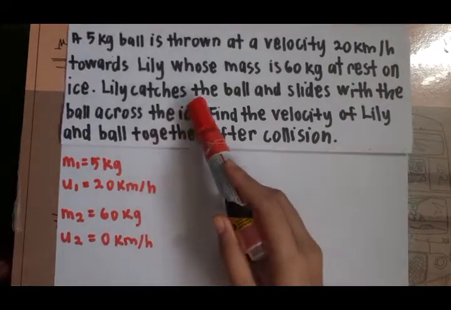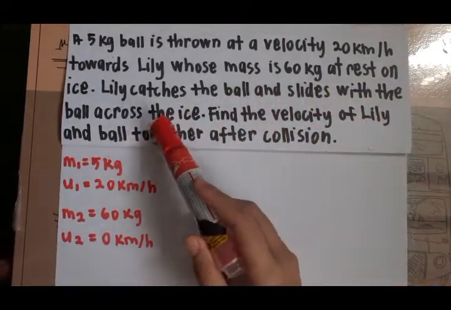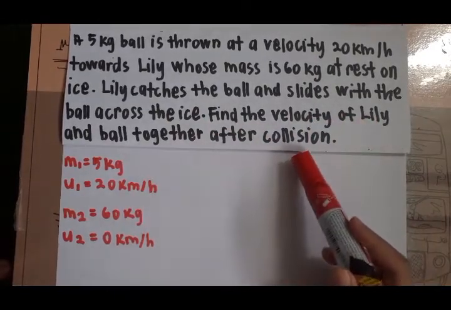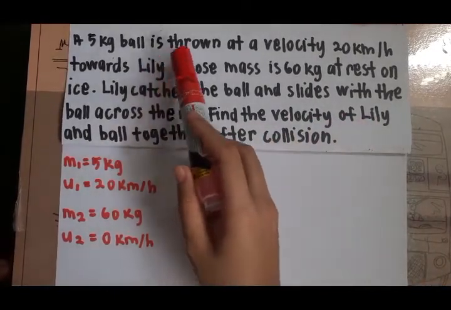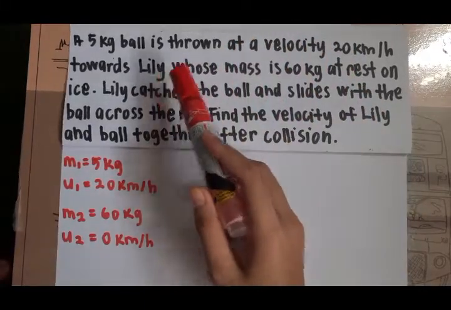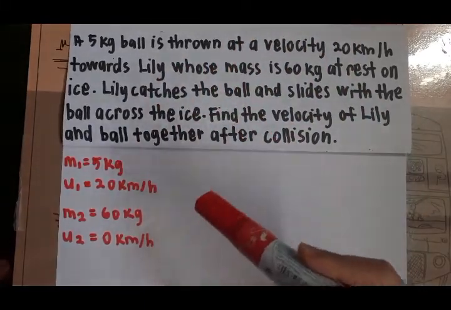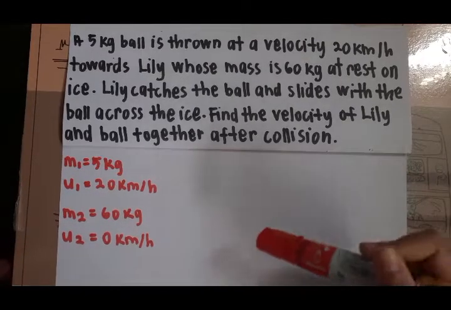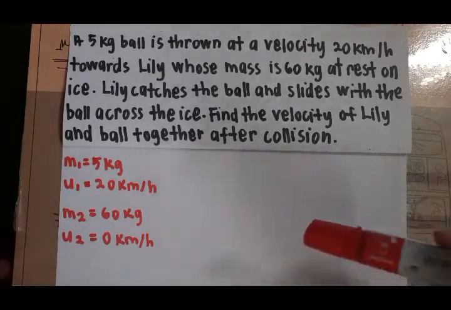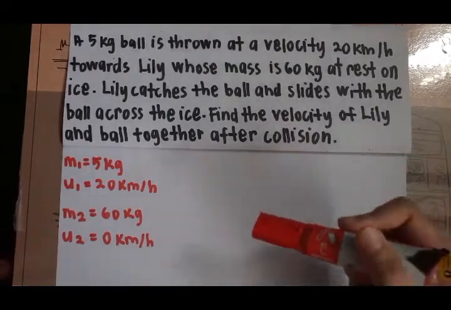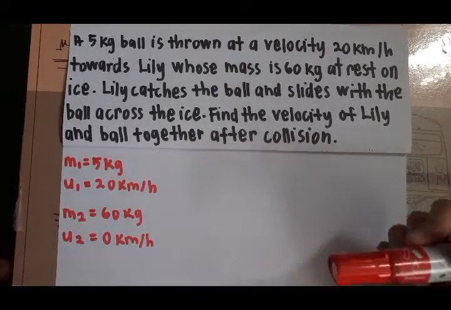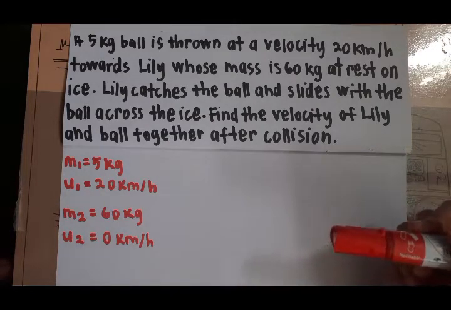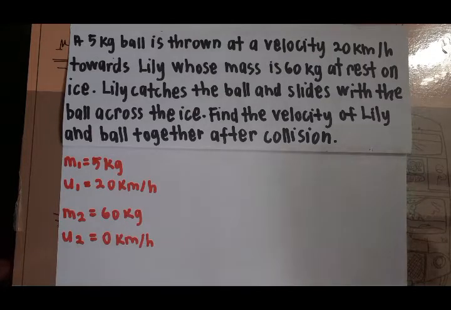So Lily catches the ball and slides with the ball across the ice. Find the velocity of Lily and ball together after collision. So it means that the ball is thrown towards Lily and then Lily catches the ball and moves together with the ball. So Lily sticks together with the ball after the collision. If the two objects stick together and move together in the same direction, it means that it is the inelastic collision. So the formula for inelastic collision is